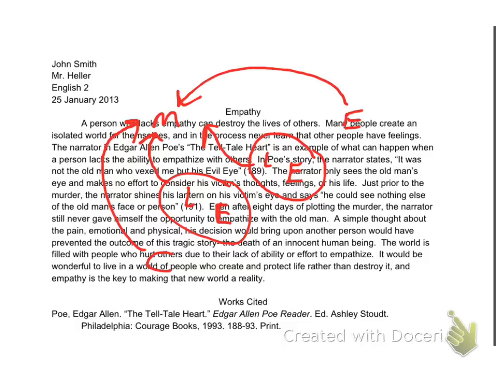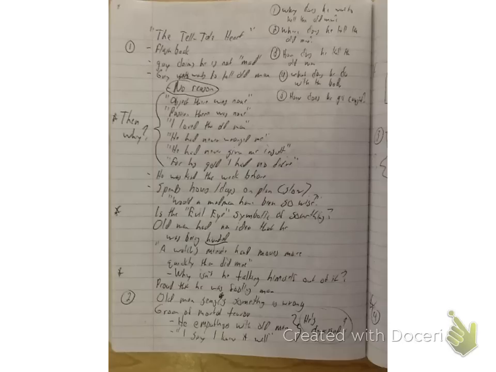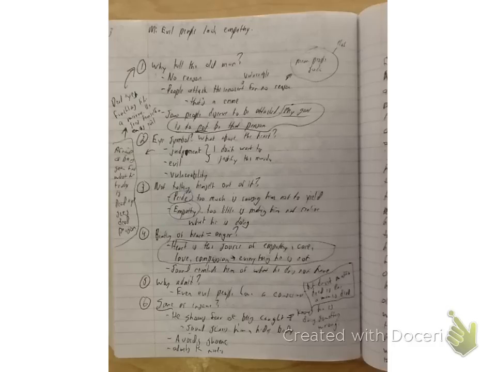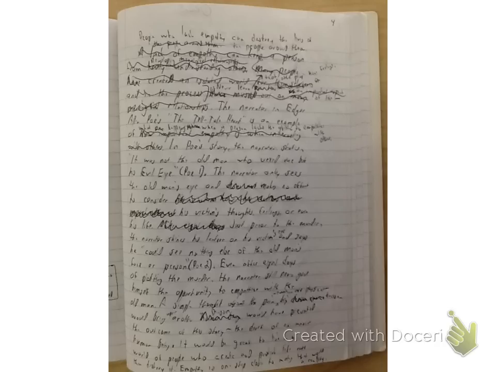Before I end this lesson, I want to say that Malelic is a great tool that can help a writer organize their thoughts, but it will not magically write your paragraph for you. You need to put effort into reading first. Here is a glimpse of the notes I took while I was reading the story. And here you can see the effort I put into my rough draft. Because of the effort I put into the entire process, I have a paragraph that I am proud to share with you today.